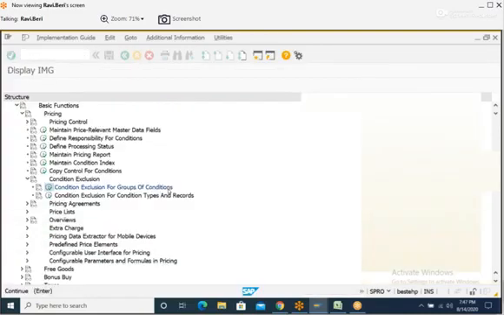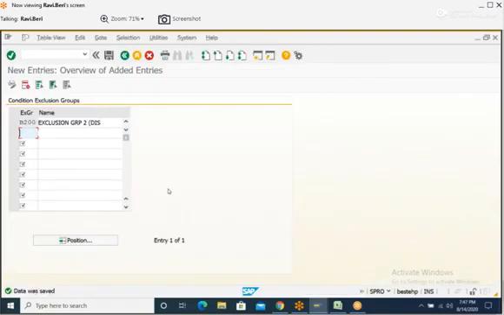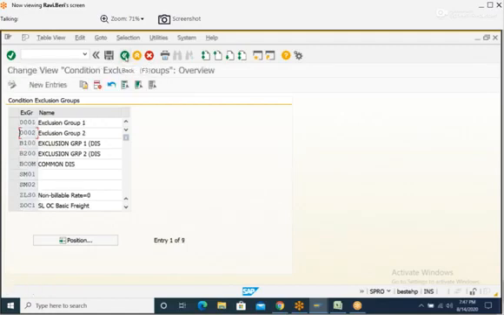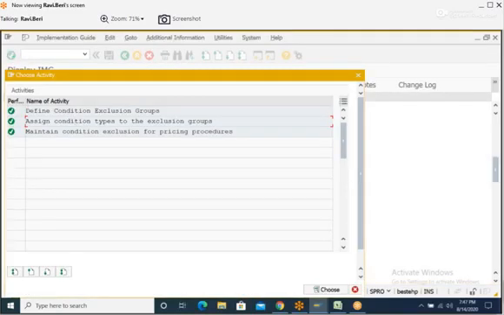As you said, for B100 we already assigned 4. Now we have to delete 2 from B100. We have to remove 2 condition types. Assign condition types to the exclusion groups.